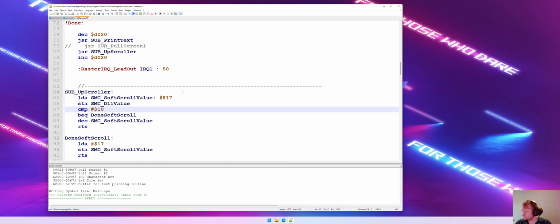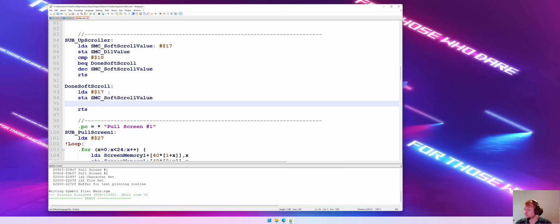Maybe that has to be 0F, but okay, we'll fix that later if that's the case. If it's 10, it will complete the soft scroll and start to actually pull the screen, and reset